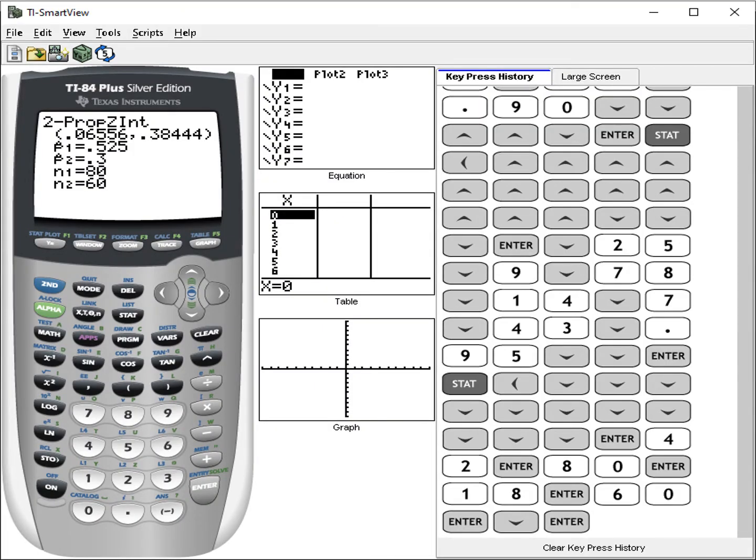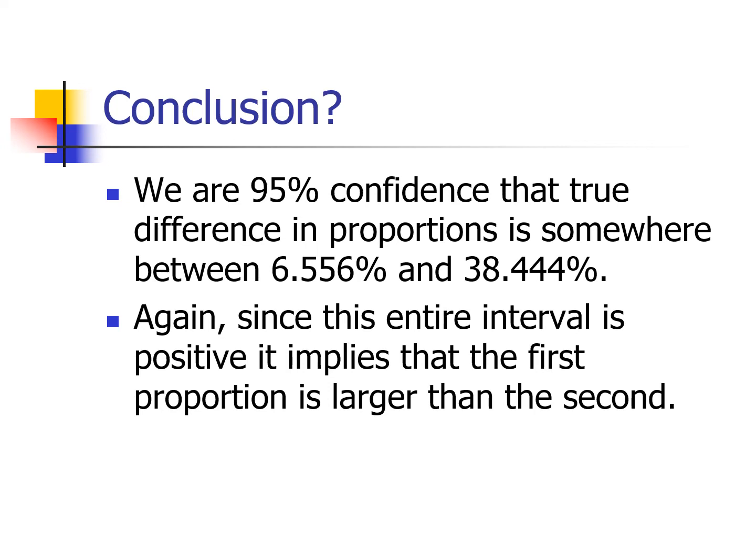There's our confidence interval. It also gives us the p hats. So p hat 1 is 52.5% and p hat 2 is 30%. So we might say, okay, 52% of our sample in the first group on the first type of medicine got better, but only 30% of the people in our sample that were given the second medicine got better. Right, so we would say that we're 95% confident that the true difference in proportions is somewhere between